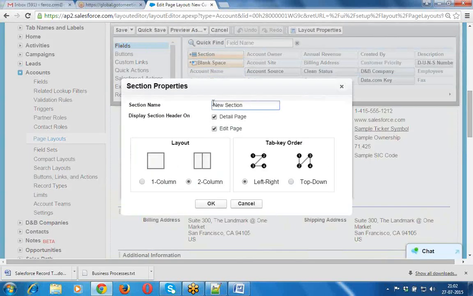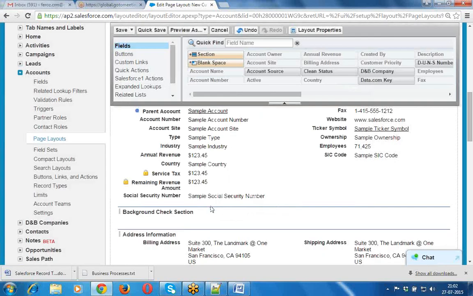The section name I am giving is background text section. This has to be displayed in both the pages, nothing but in the detail page as well as in the edit page also, which should have two columns, so I am selecting the two columns. Click on OK. So now here we have the background text section available.